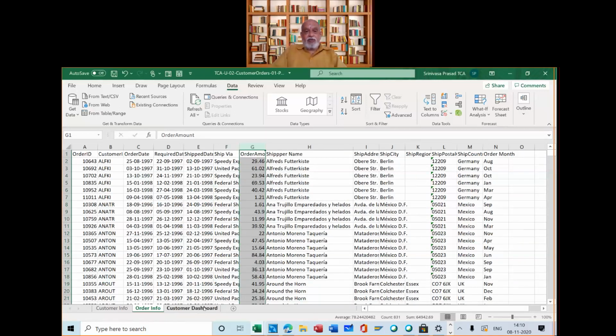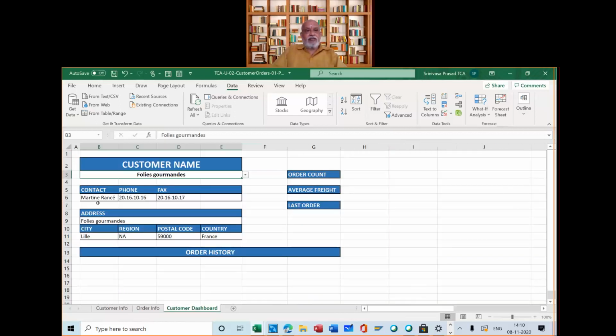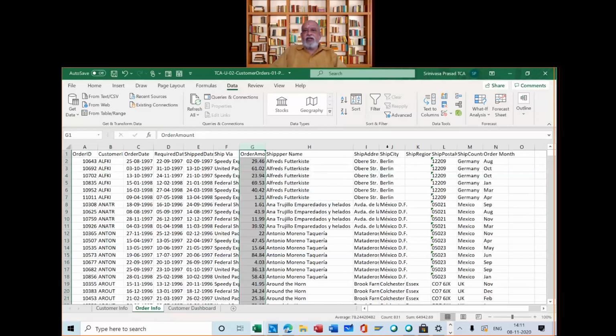Now what we saw is that the customer dashboard already has city, region, postal code, country, and all those details. It is going to repeat for one customer and will remain the same. So we don't need all these shipping address columns, because this is available, this is available, this is available.